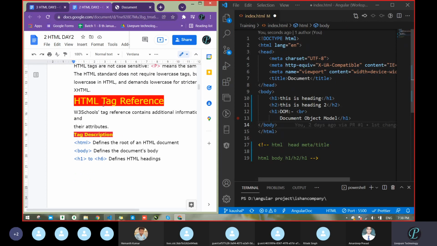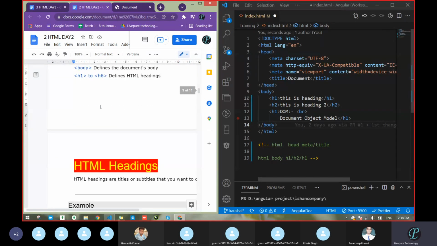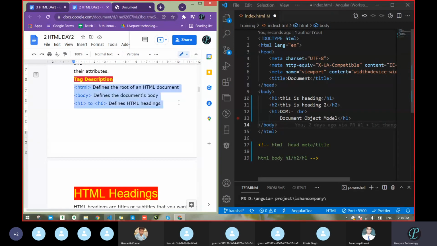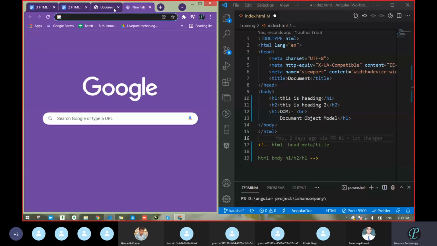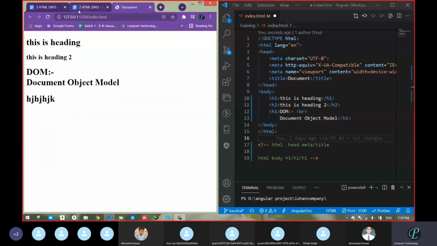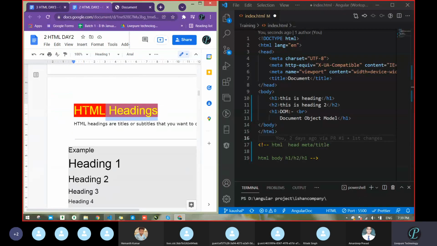Second, HTML tag reference. So the HTML tag description, what we had discussed, we are going to revise: HTML is the root; body defines the body of the document; H1 to H6. Now I start another tag, the heading tag. Suppose you go to any website, just go here itself, the document. Suppose this is written in bold, correct? Suppose you have to make the same thing with the help of HTML.